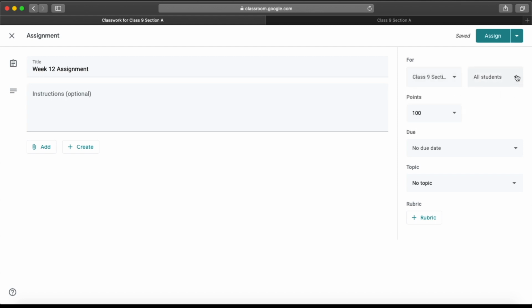Let me click on this drop down also. You can see that one student is there. That name is visible here. So let me select all students and go to the next point. Next one is how many marks you want to assign against this particular assignment. So let me continue with 100. Another option is you can mark it as ungraded. So this option will be there. I'm keeping this as marked so that we can check the different changes in the grade tab.